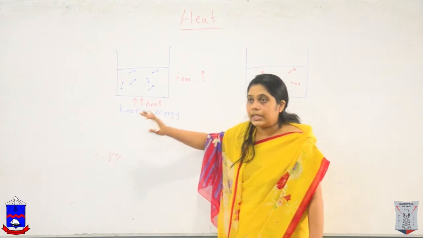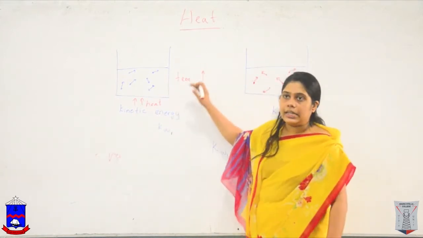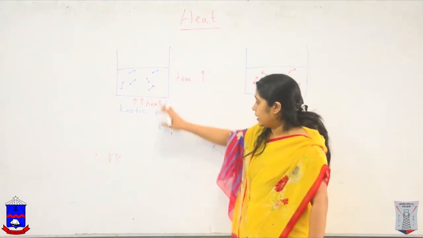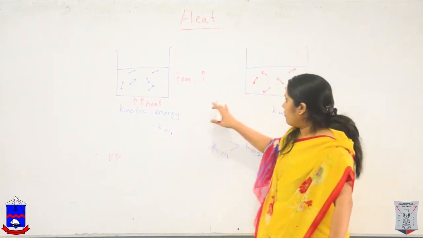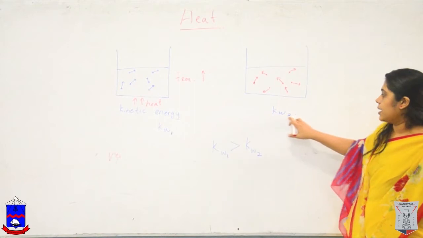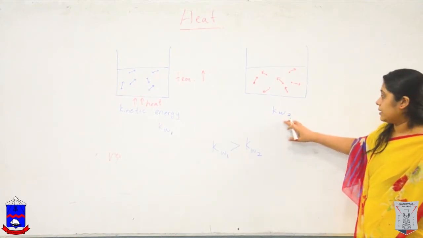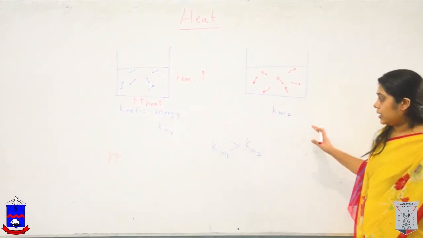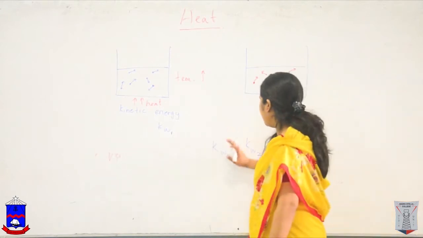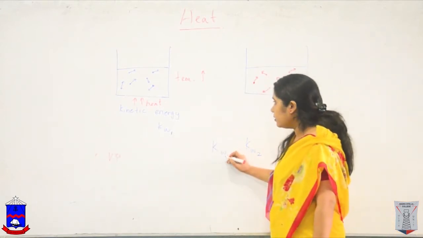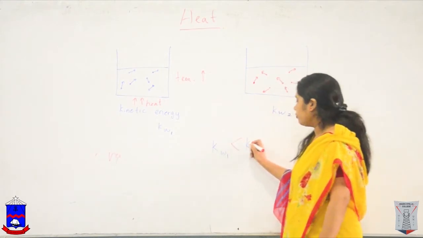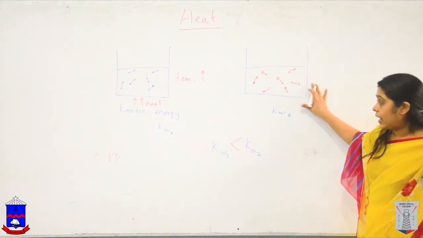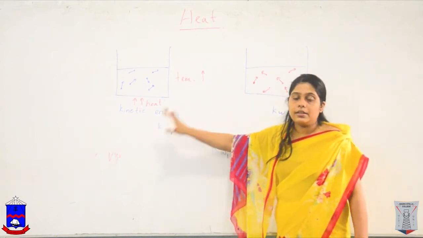The kinetic energy increase වෙන එක තමයි අපිට temperature වැඩි වෙනවා කියලා feel වෙන්නේ, right? So if we take the kinetic energy, the initial kinetic energy is KE1. After applying heat, the kinetic energy is KE2. We know that this kinetic energy has been increased during this process as a result of applying heat. So the value of KE1 is lower than that of KE2. That means these particles have more kinetic energy than the initial values.